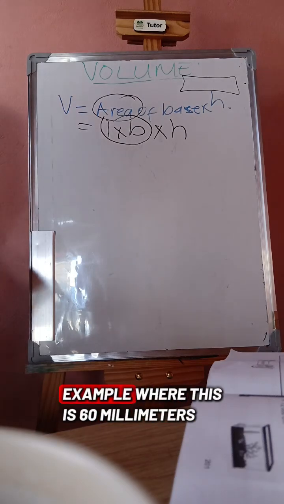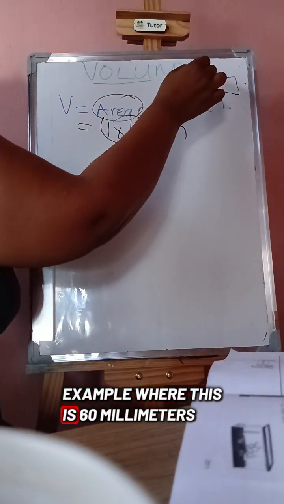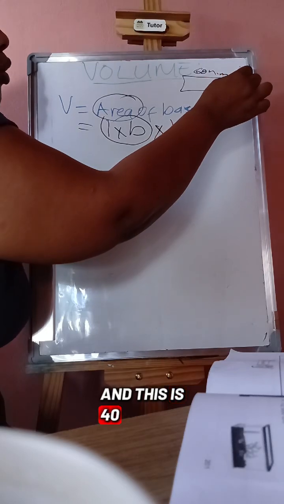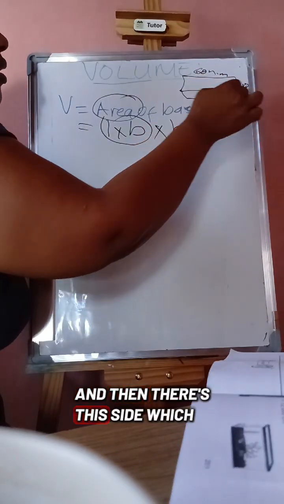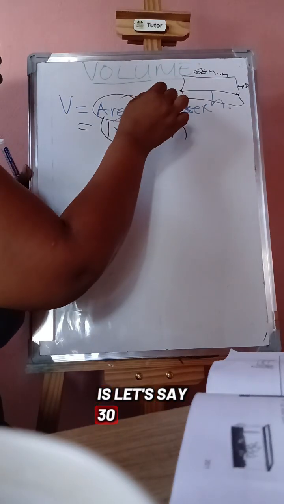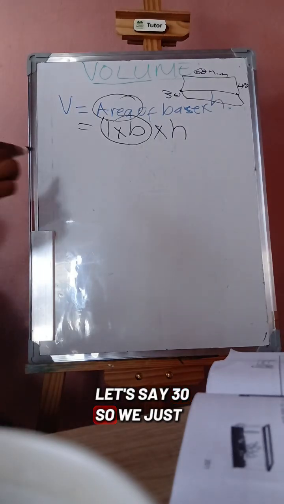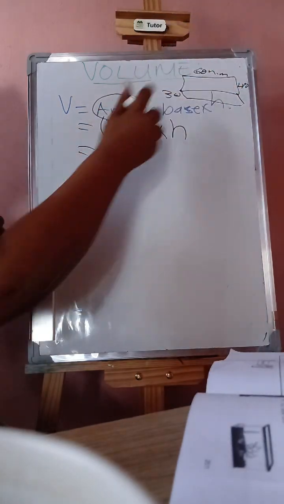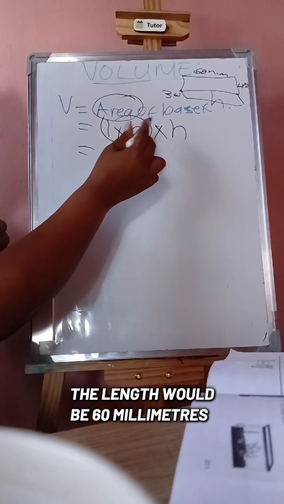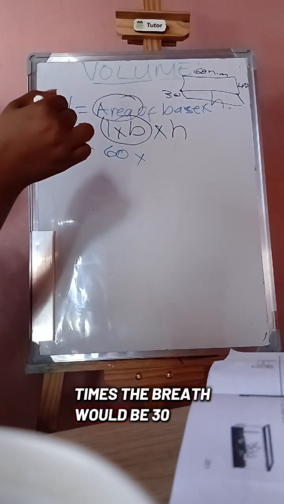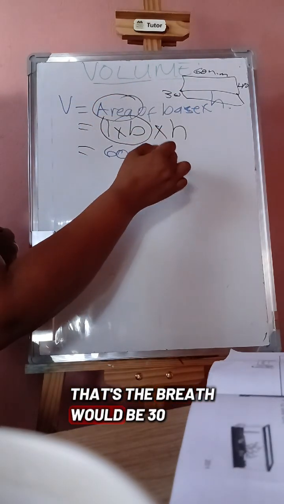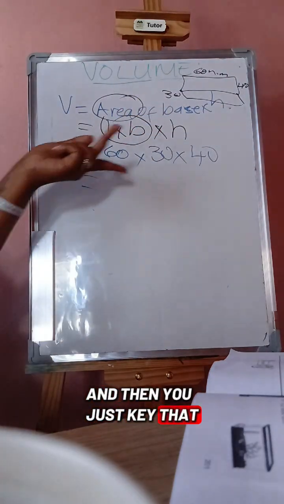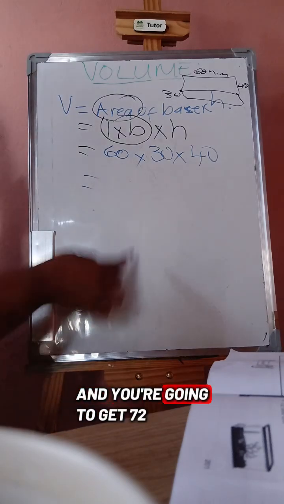So we're going to do an example where this is 60 millimeters and this is 40, and then there's this side which is, let's say, 30. So we're just going to substitute. Okay, the length would be 60 millimeters times the breadth would be 30. Okay, the breadth would be 30, and the height, that side, will be 40, and then you just key that into your calculator and you're going to get